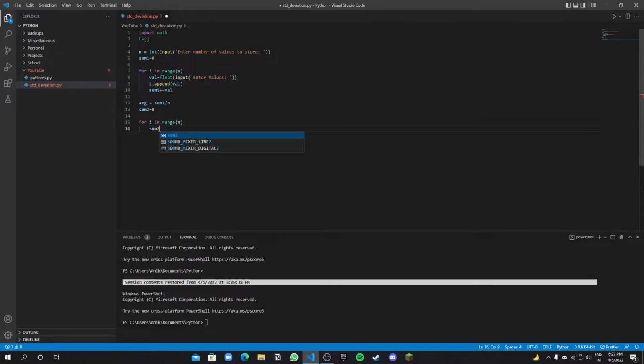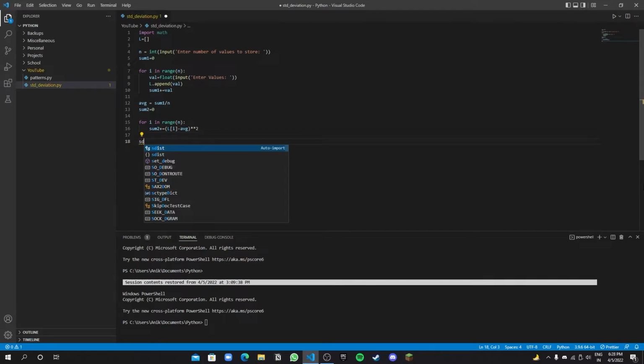Number sum to plus equals. So the loop I did right now is the main loop to calculate, and we are using the